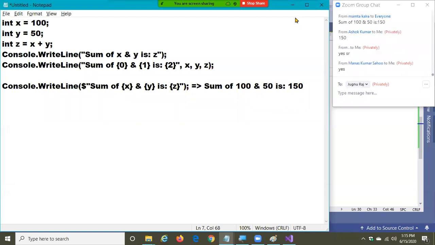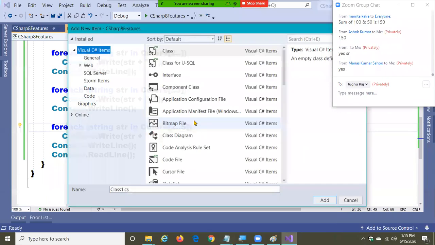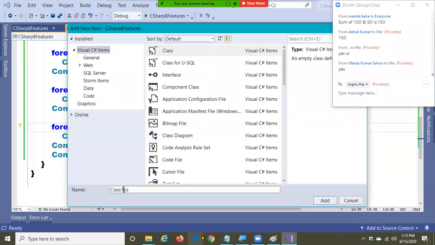Okay, fine. Now a small thing they added for us in the new version. Watch. I'm going to take a class here. We'll name the class StringInterpolation.